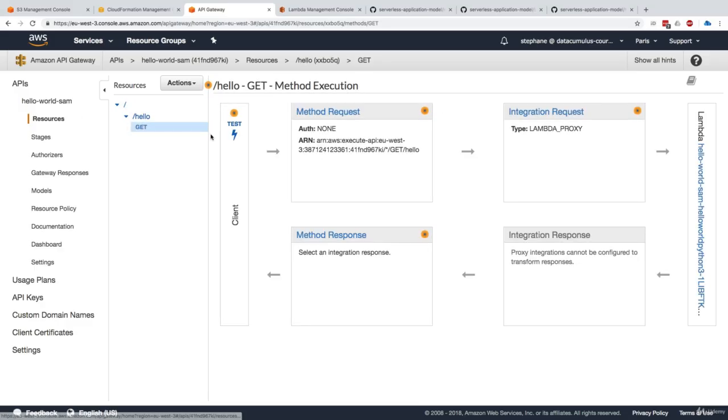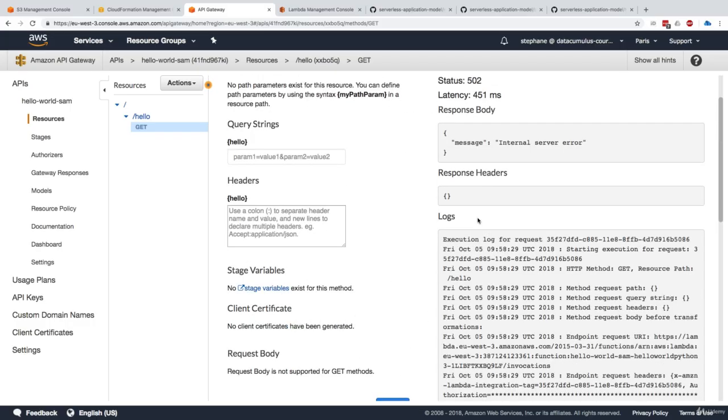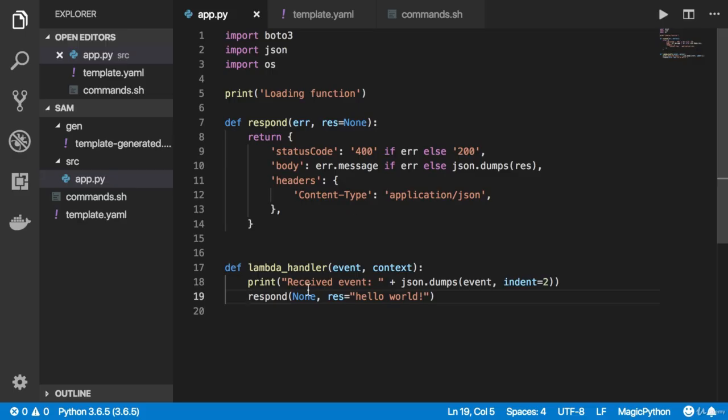So I click on get, and we can see how it was being configured. Obviously, we can have more configuration parameters available in SAM, but that was pretty minimal what we have. And if I click on tests, and click on test right here, we should be seeing an internal server error. So something is wrong in my function. And so it turns out that yes, indeed, I forgot a return keyword, basic mistake, but I'll keep it because it's fine. I'll have a return missing. And so that's okay. More practice for us.